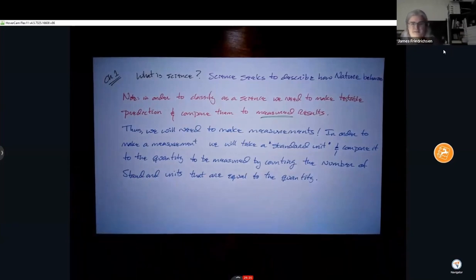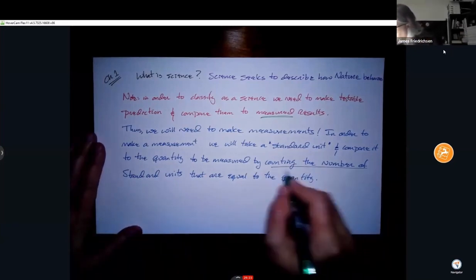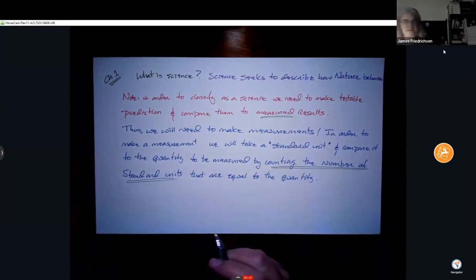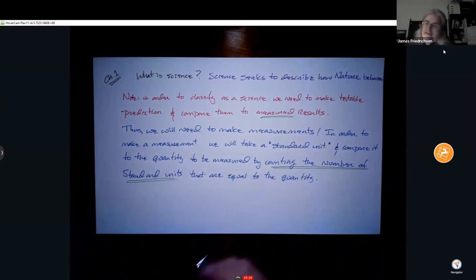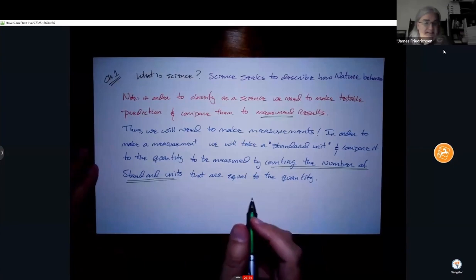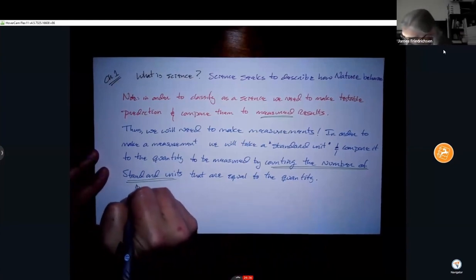And in this process of counting the number of standard units that give us the quantity we're measuring, this is basically how we get our significant digits or the significant figures. So this process here